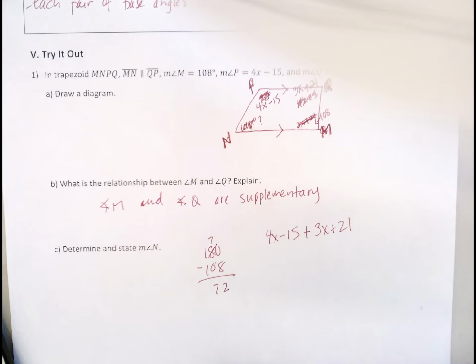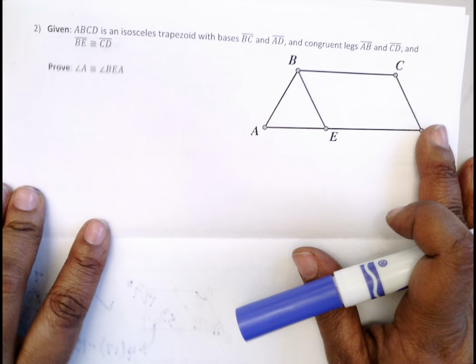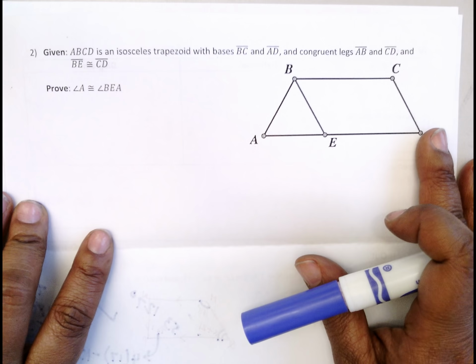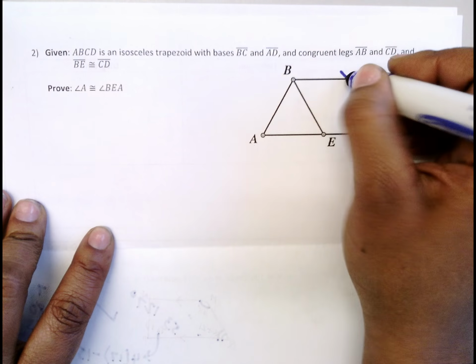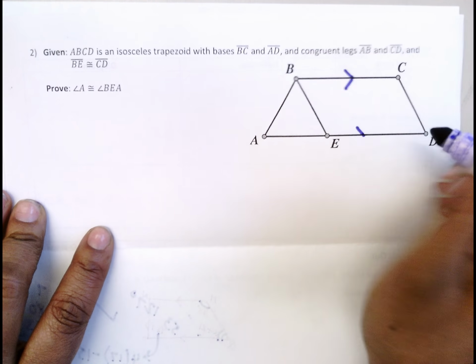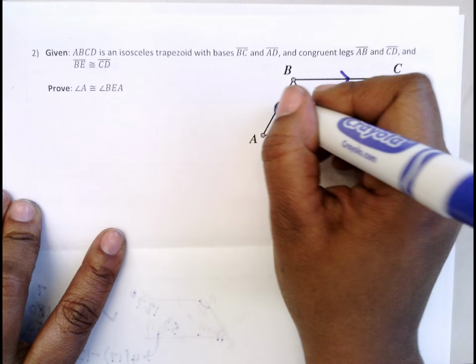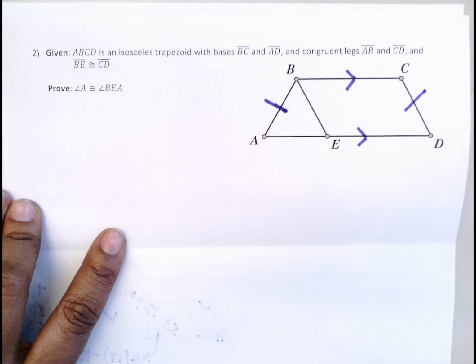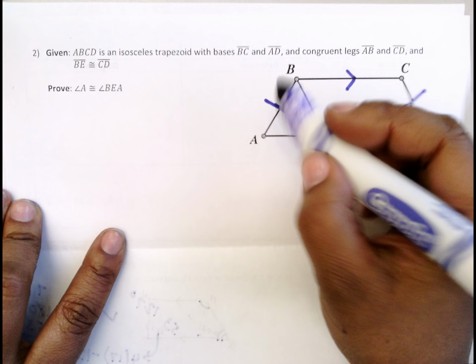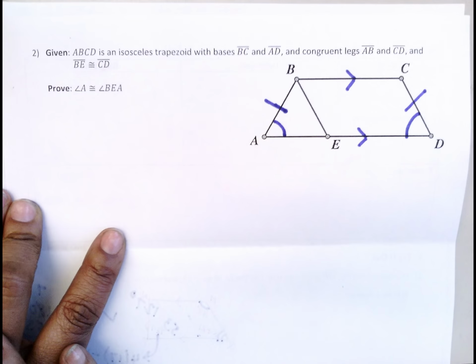Okay, let's go on to the proof in the back. And it states that ABCD is an isosceles trapezoid with bases BC and AD. Right? So it's an isosceles trapezoid, meaning these two are congruent. And congruent legs, AB and CD. Okay? So if this is an isosceles trapezoid, that means that this angle here and this angle here are congruent. And we're also told that